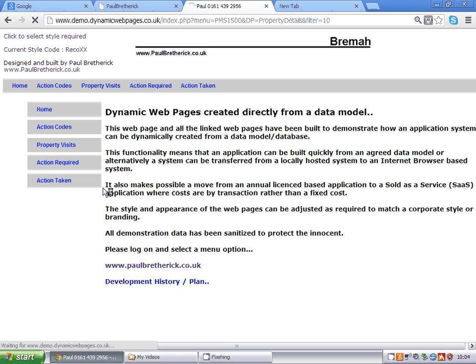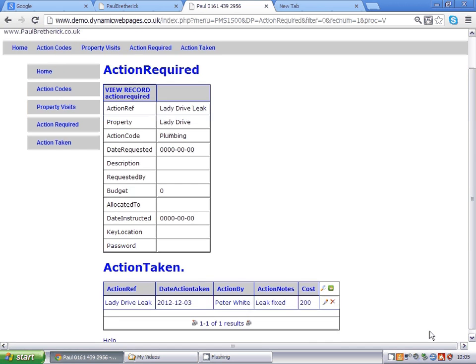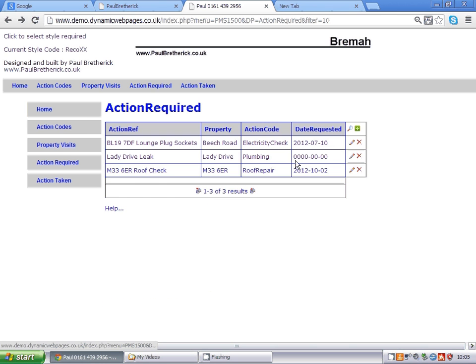So if we just go back into action required, and we'll have a look at the Lady Drive leak. And if we edit it, bearing in mind that if we see this Lady Drive leak, Peter White has already actioned it and resolved it on the 3rd of December. But if we go back up here, action required,